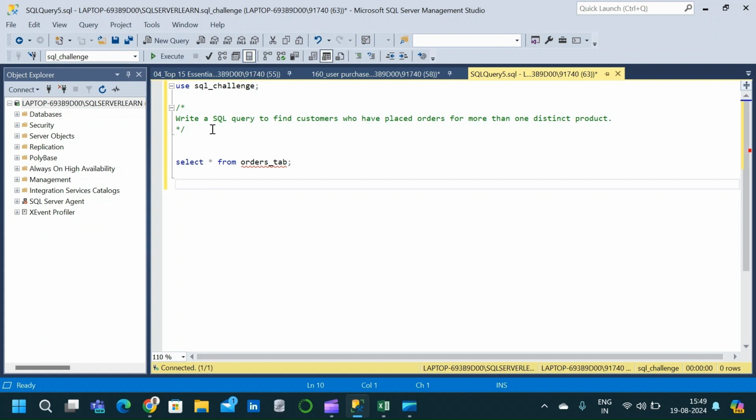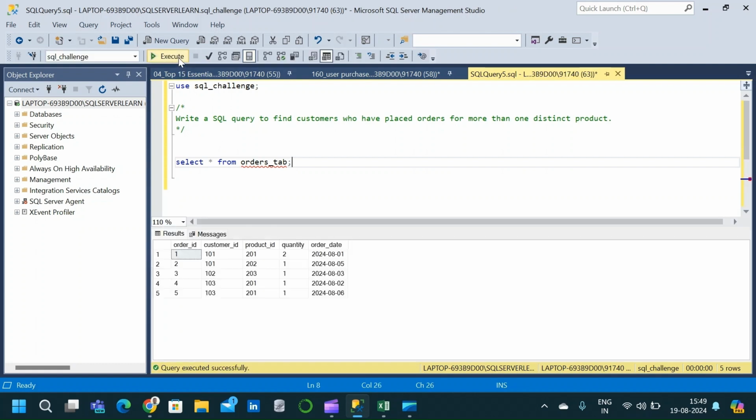So our question is, write a SQL query to find customers who have placed orders for more than one distinct product. Now we are given a table called the orders table. Execute this and we will once again go through the question and try to understand it in a clearer manner. Execute this and we have a table called orders table, which has the order id